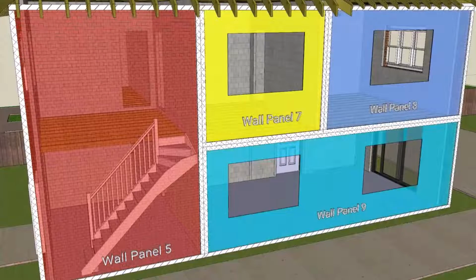We will strip away that and start with wall panel 5. As you can see here, we get no restraint in the middle of this panel due to the presence of the stairs. As there's no openings in this panel, it'll give us a good chance to compare this full length wall panel in both the advanced yield line analysis and traditional method and see how similar their outputs